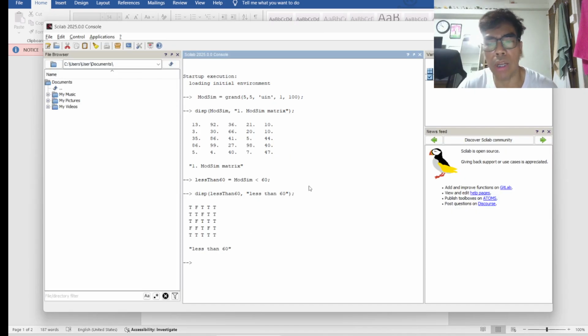So first, I will loop on the elements. I will use column data for my variable.